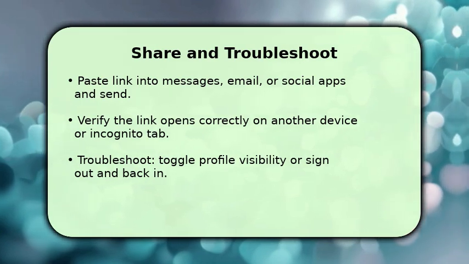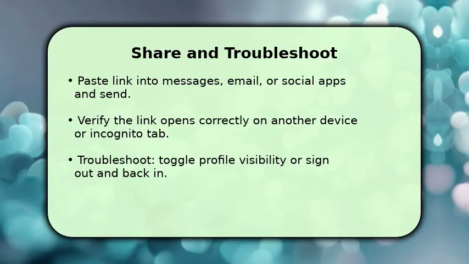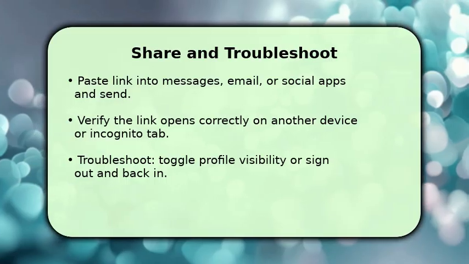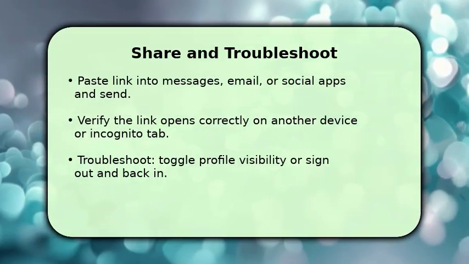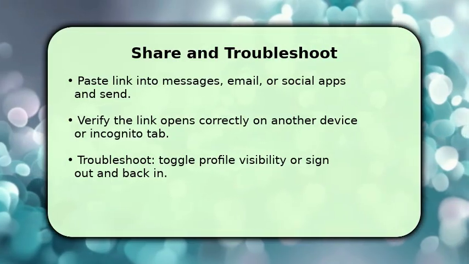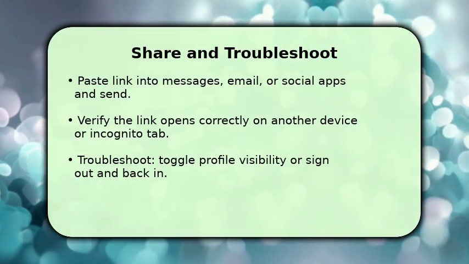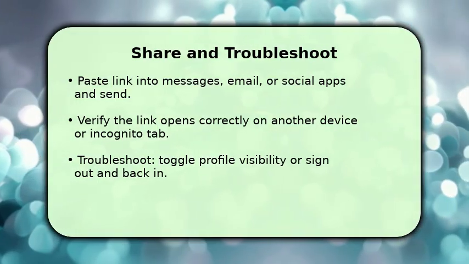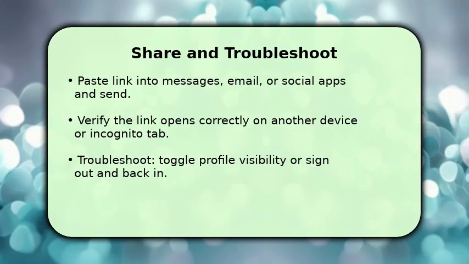After sending, verify it opens correctly by testing the link in an incognito browser or on a different device. This confirms permissions and visibility. If the profile won't display, make sure profile visibility is enabled, then sign out and back in, clear app cache, or recopy the link. These steps resolve most issues, so recipients see your profile